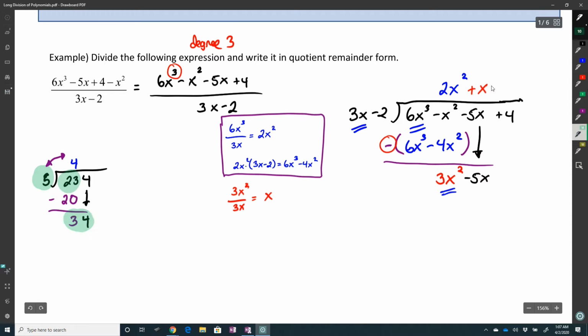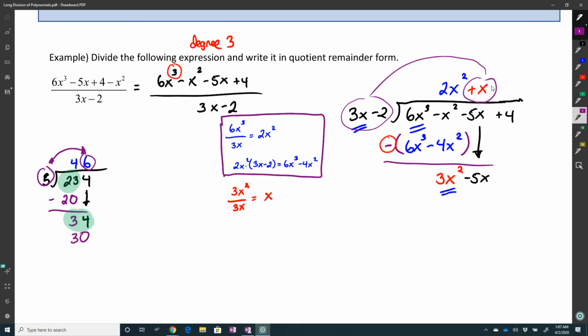Okay. Here I'd be doing the same thing. I'd be saying 34 fits into there 6 times. The 6 would go on top. Now we multiply again, but we only multiply the number that we just put on top. You would say 6 times 5 is 30, and you would write it underneath. So same thing. Just the number that I got and what's in front, and I'm going to multiply those two. So that gives me x times 3x minus 2, and that's 3x squared minus 2x. I'm going to write that underneath.